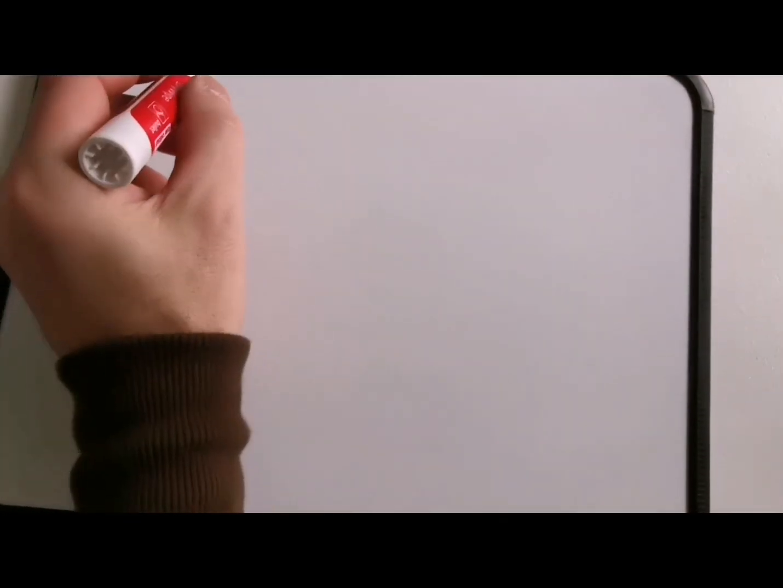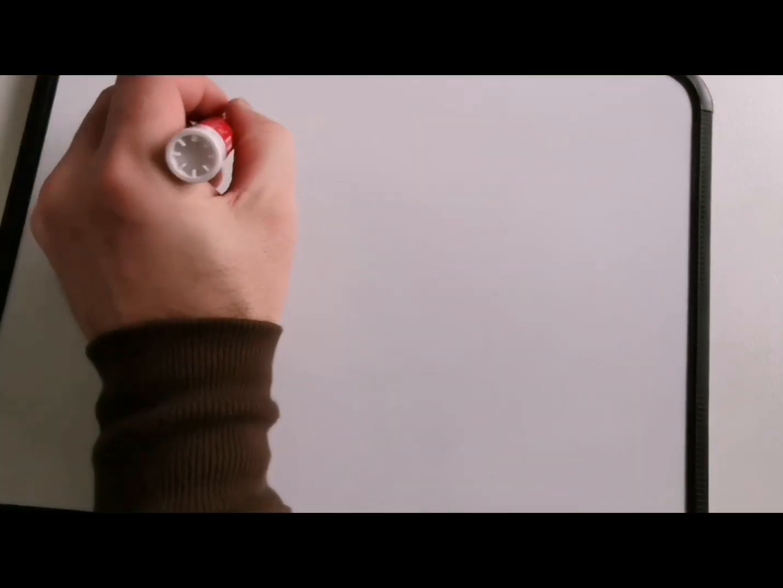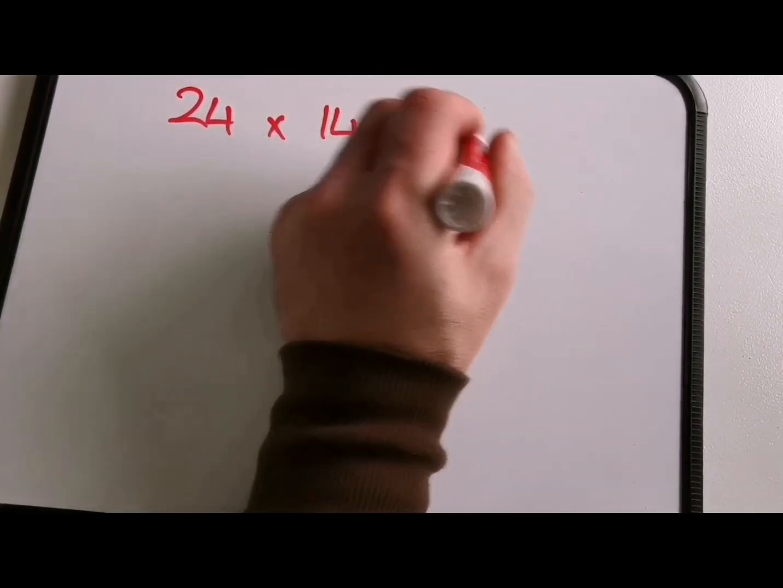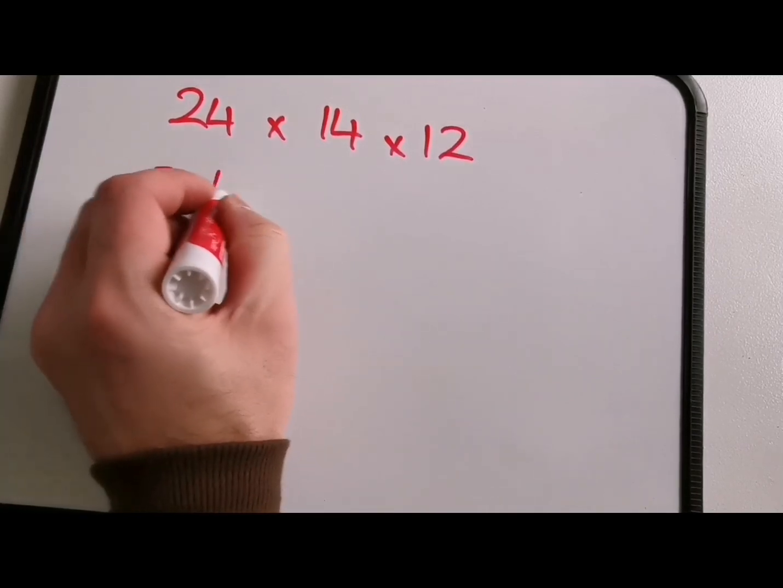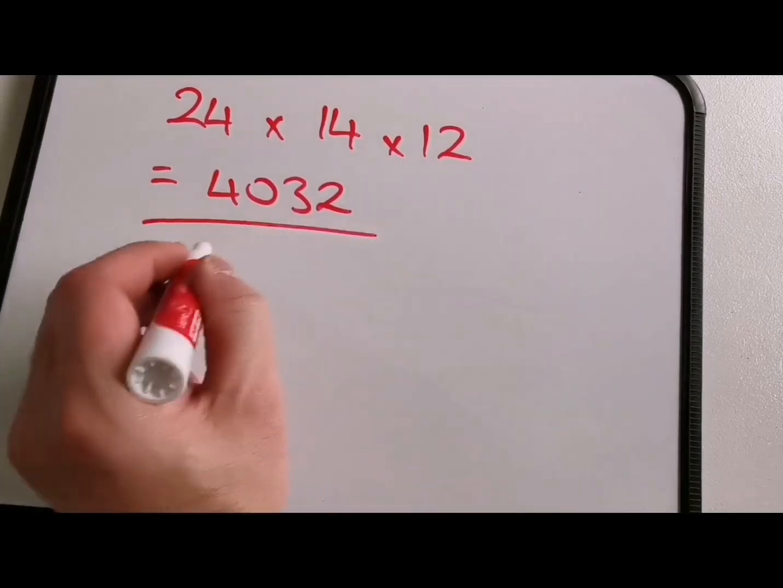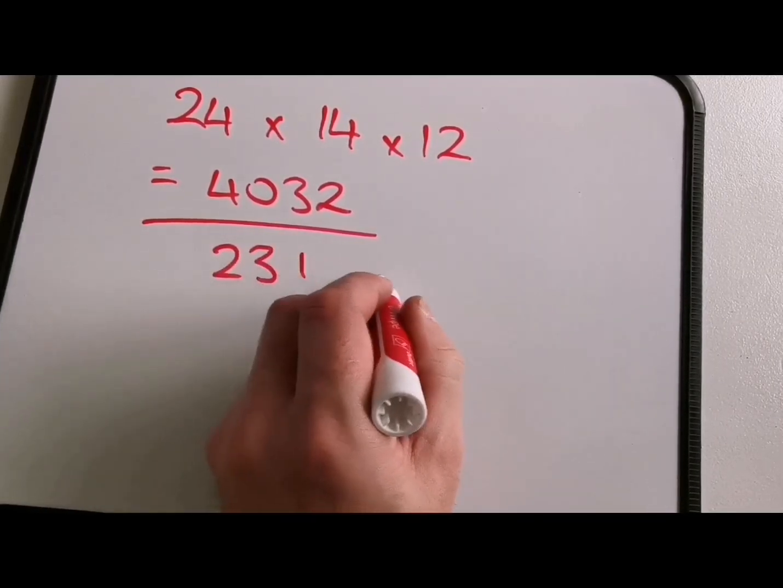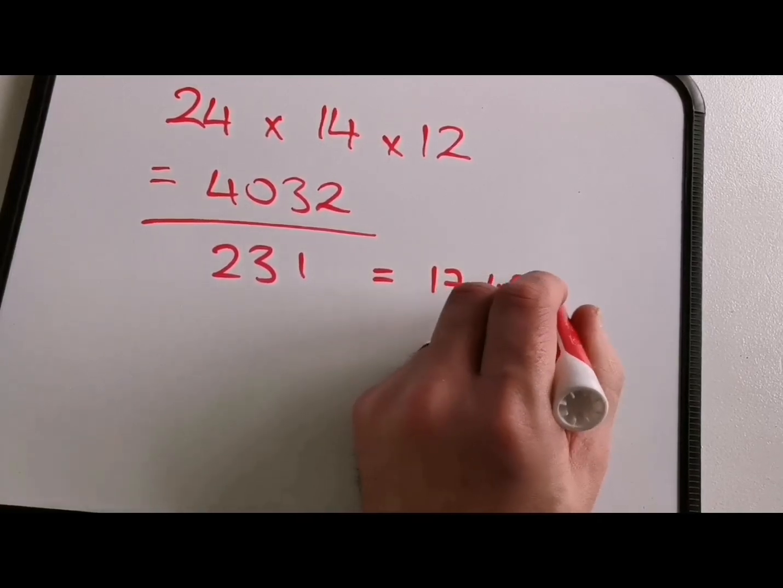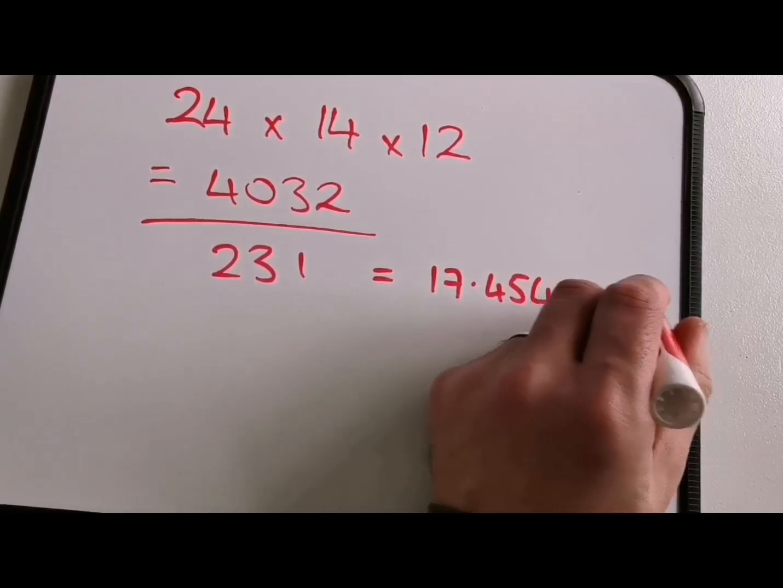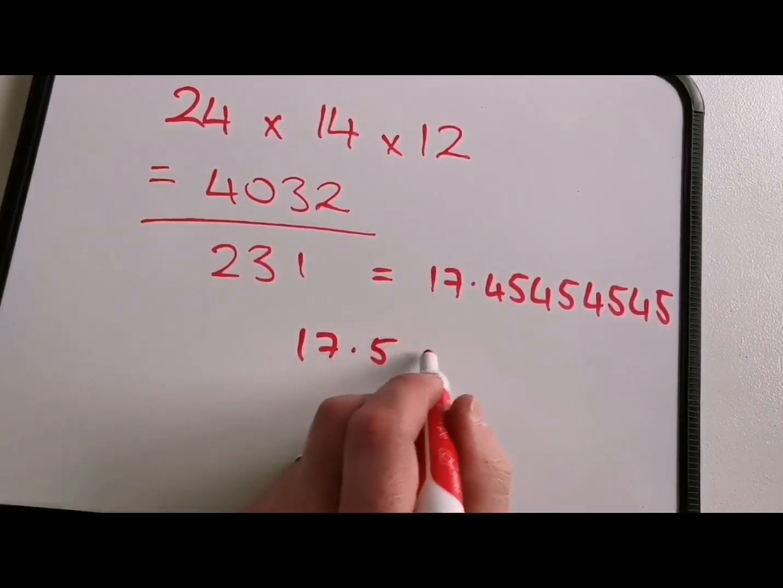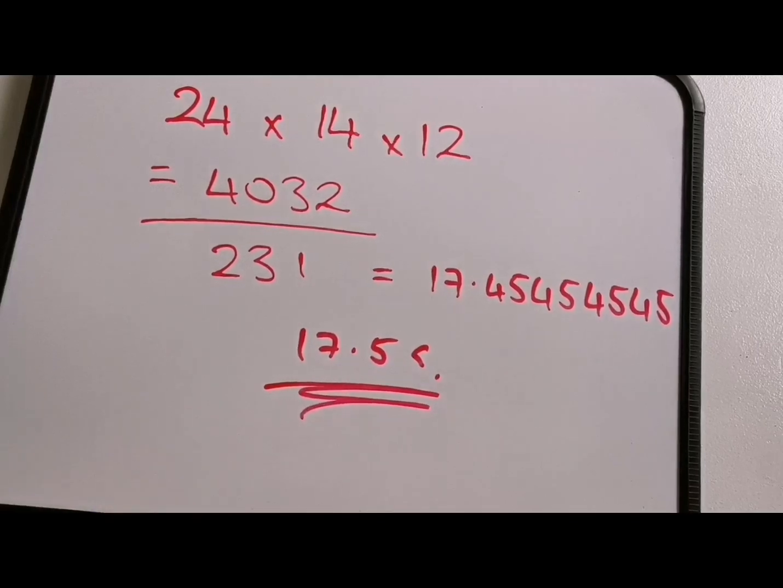So the formula that we're going to use is length times width times depth. And in this case it was 24 inches by 14 inches by 12 inches. That comes out at 4032 inches cubed. To find out what that is in gallons, we need to divide it by 231, which gives us 17.4545454544. We'll round that up to 17.5 gallons,